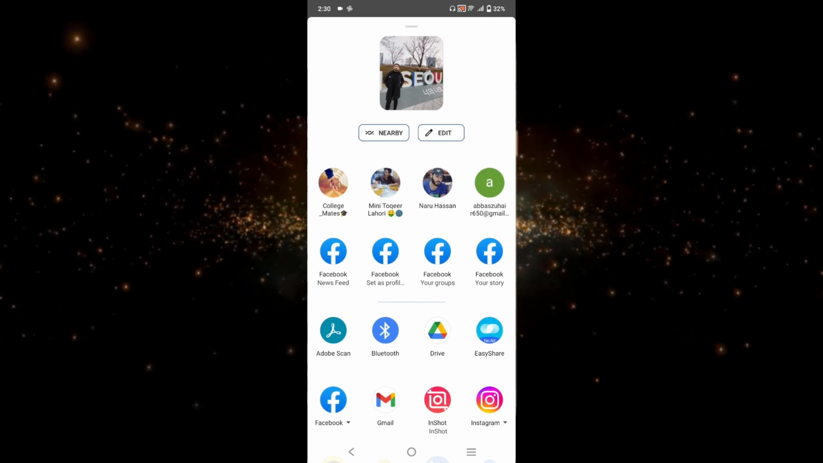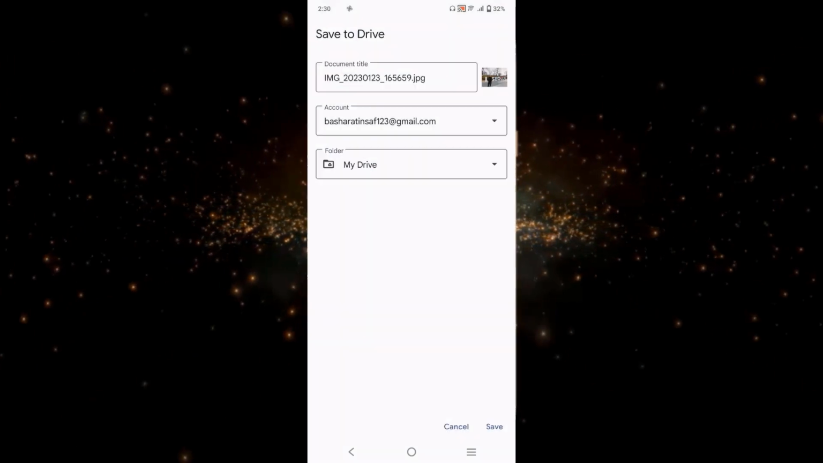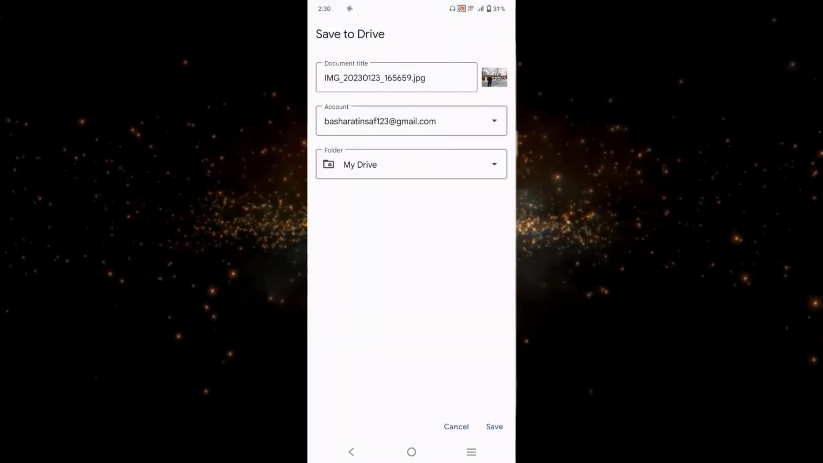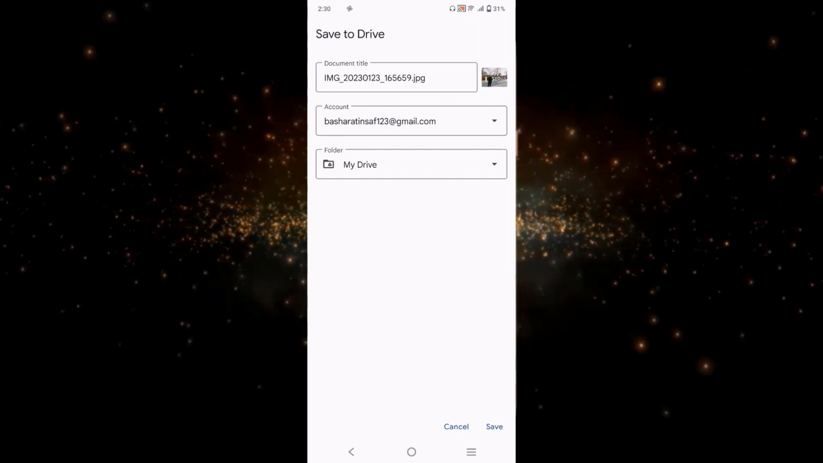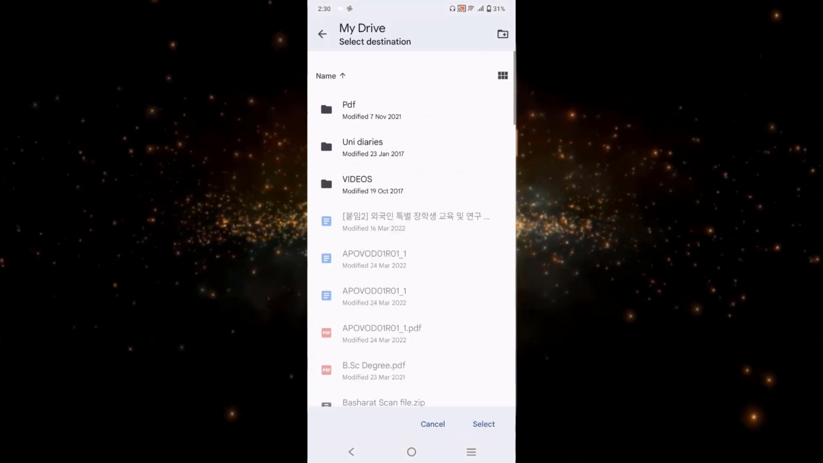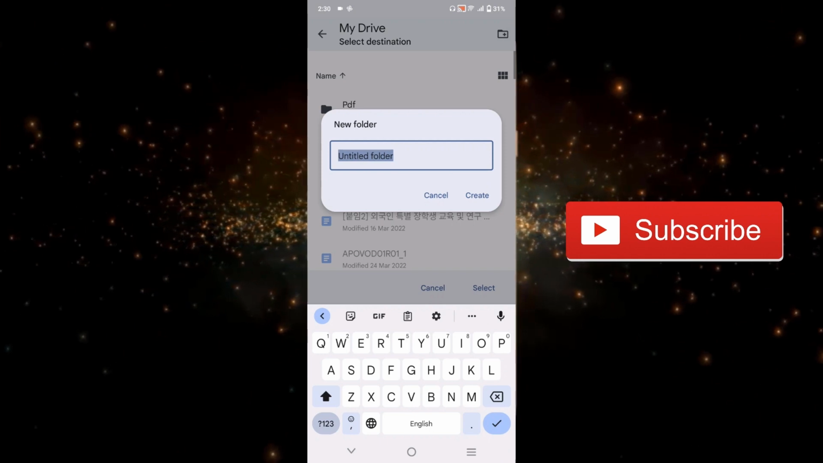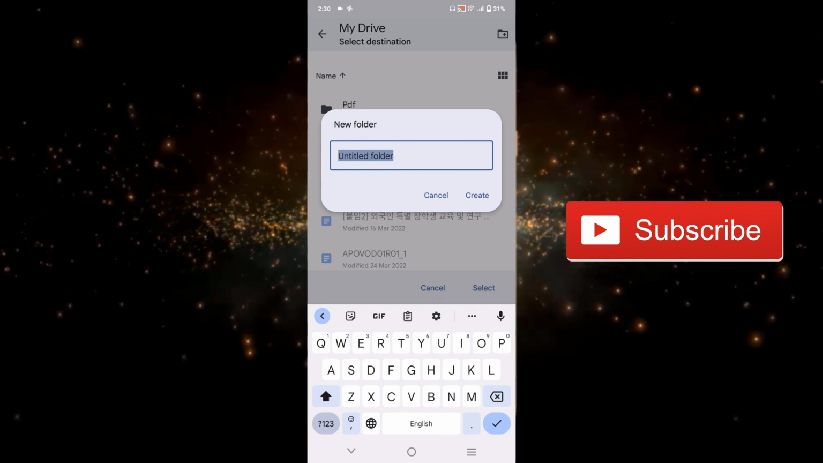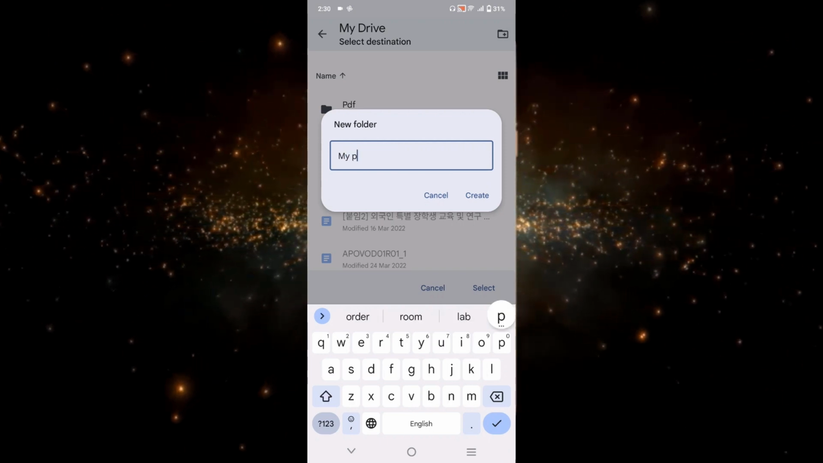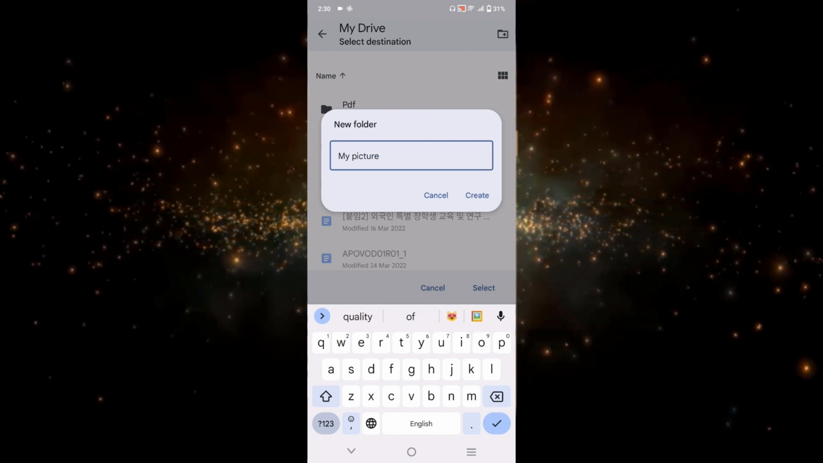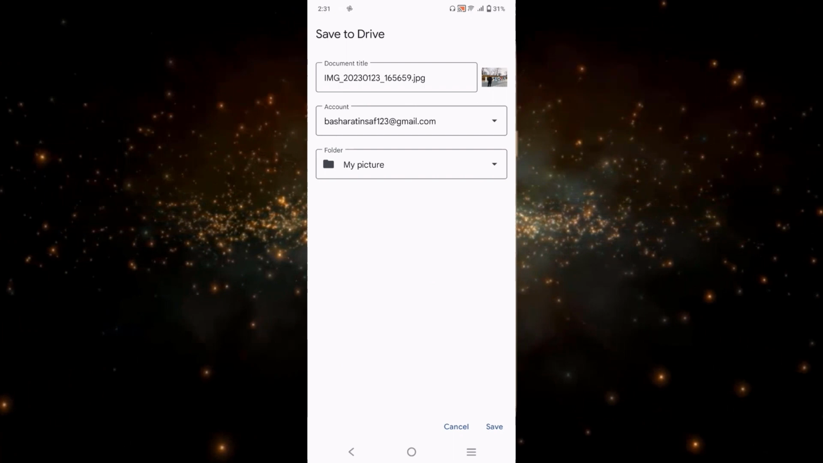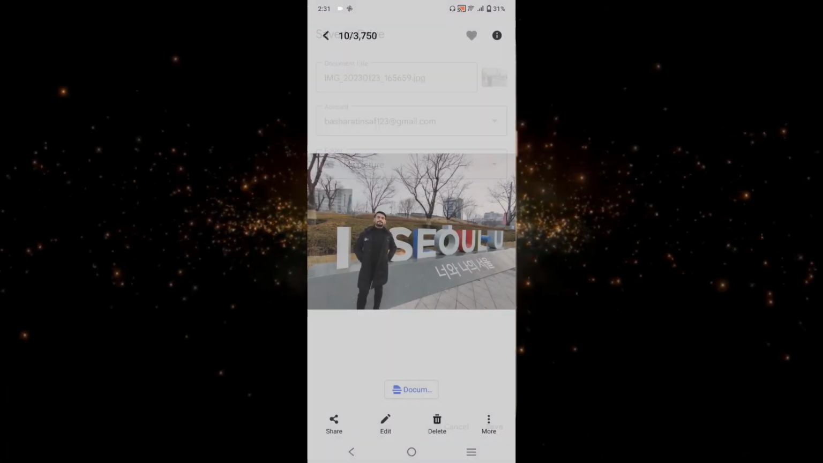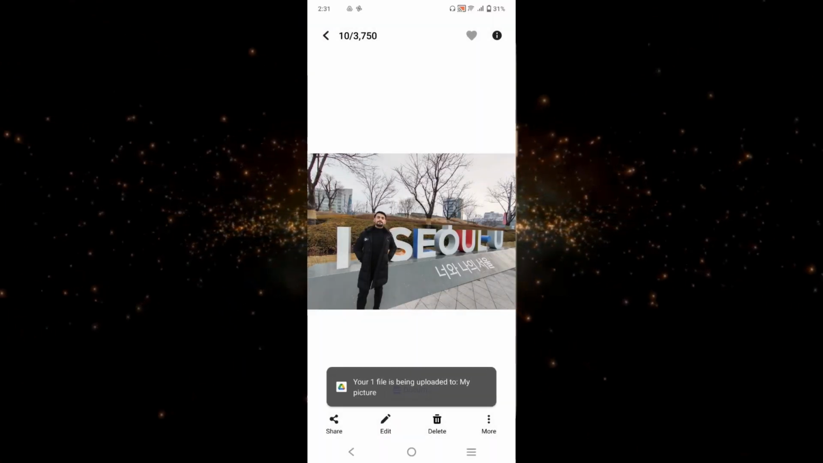So I will select this option and I will go to Google Drive, and from here you can upload your photo to already existing folder, or you can make a new folder. Okay, so for making a new folder, you just have to click here and just click on this plus option at the top, and here you can just name your folder. So I will just write it as my picture. Okay, and after that just click on this create, and then just simply select. And once the setting is done, you can just simply click on this save, and your picture is being uploaded